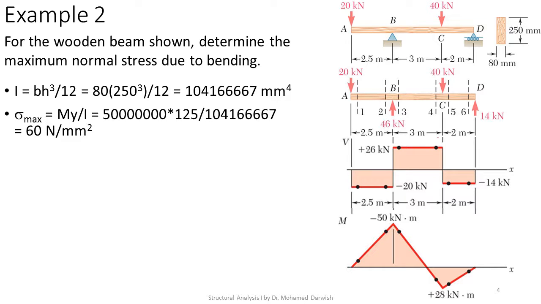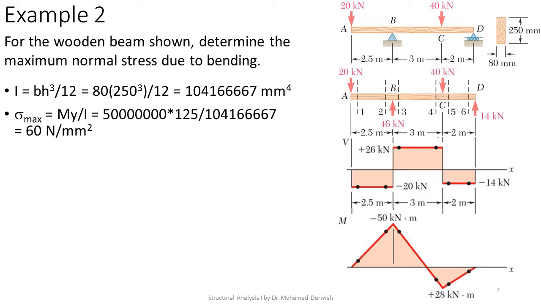So sigma max is equal to My over I. Y is half of the distance because the cross section is symmetric. So 250 over 2 is 125. I'll multiply it by 50 million. Why 50 million? Because the maximum moment was